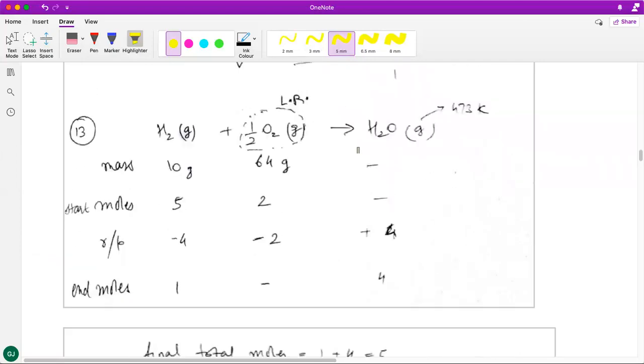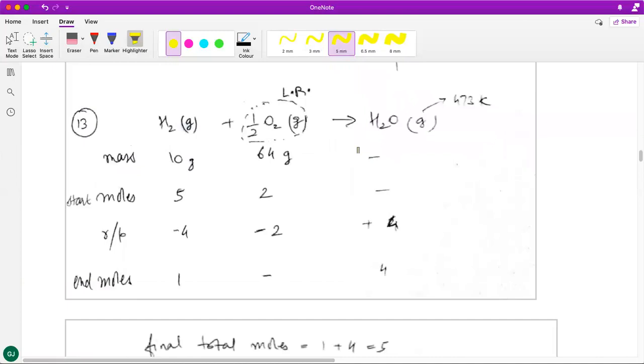Right. 13th question is a good question, which is a question of gaseous state plus mole concept mixed. In the mole concept part, what we have to do is analyze the reaction. So you have the reaction in front of you, combustion of hydrogen gas with oxygen gas. Notice that H2O will also be gaseous because the temperature given is 473 Kelvin. In this state, H2O does not exist as liquid, it exists as gas.